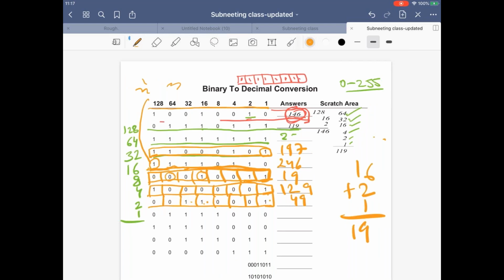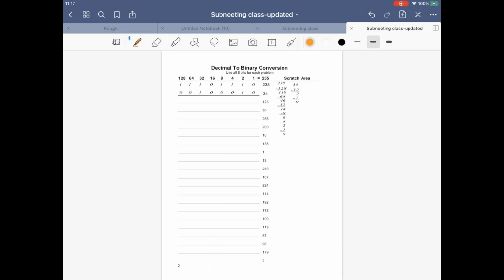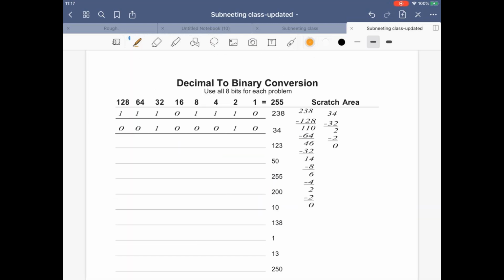Next one. Now, decimal to binary conversion. Here, if we have 23, the decimal value is 23. For example, you have given one IP address 123.1.1.1. This is one IP address. So your computer will change this IP address into binary numbers. So what will be the binary value of this decimal number 123? So the value will be 0,